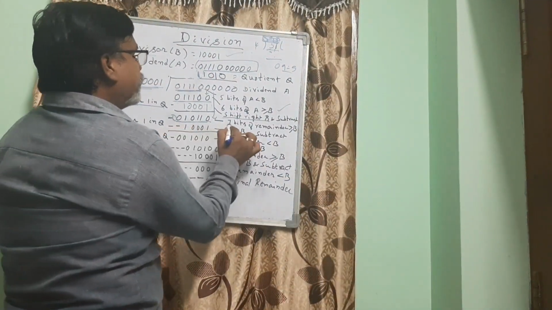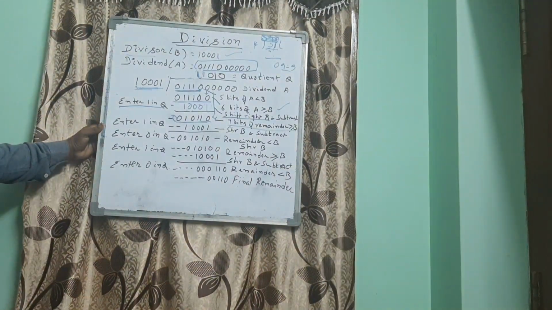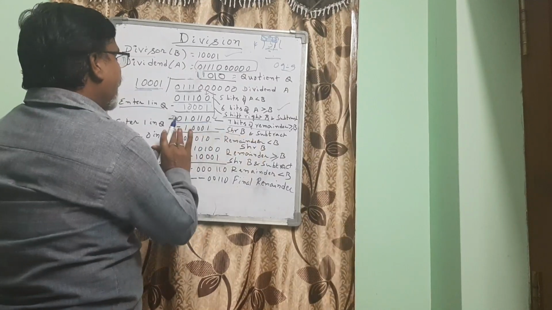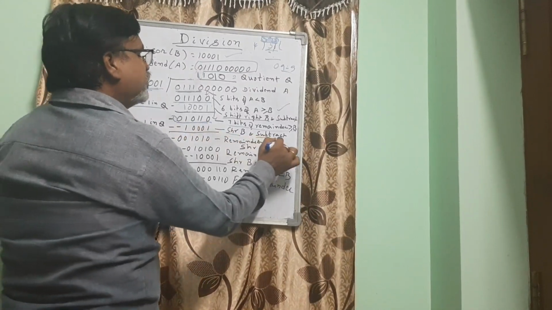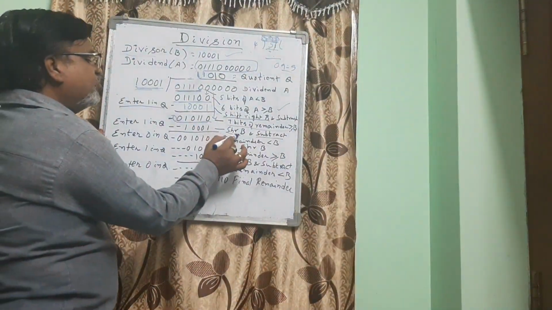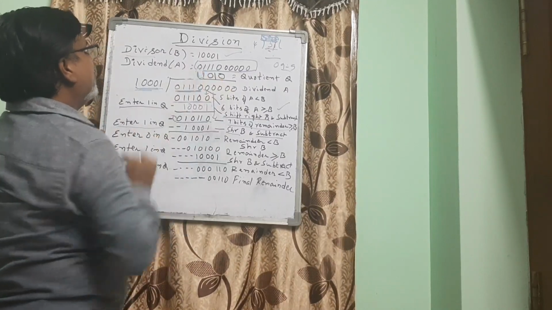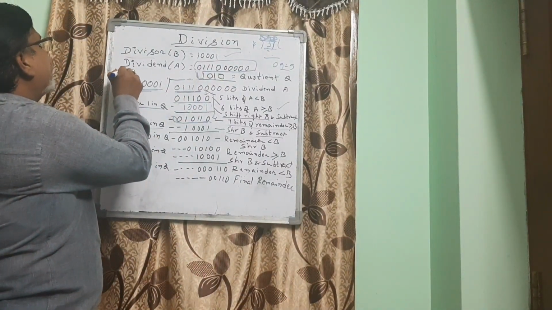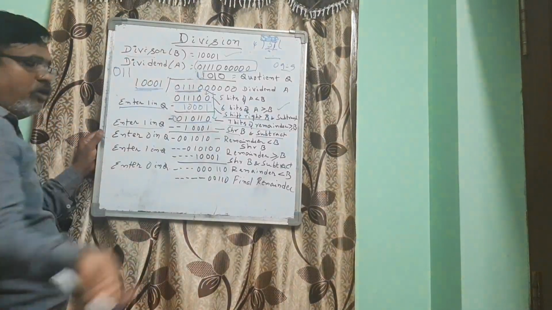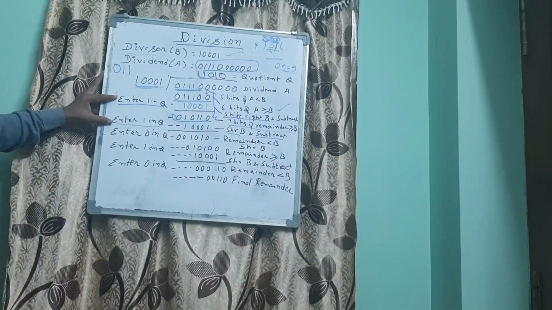Now this 7-bit partial remainder is again greater than B. So again you shift right B and then subtract. The moment you shift right B and subtract, again you have to enter one more 1 in the result. So at this point, Q contains this. Of course, initially, as I told you, you can put 0, and we can discard it later. So this is the Q value up to this point.